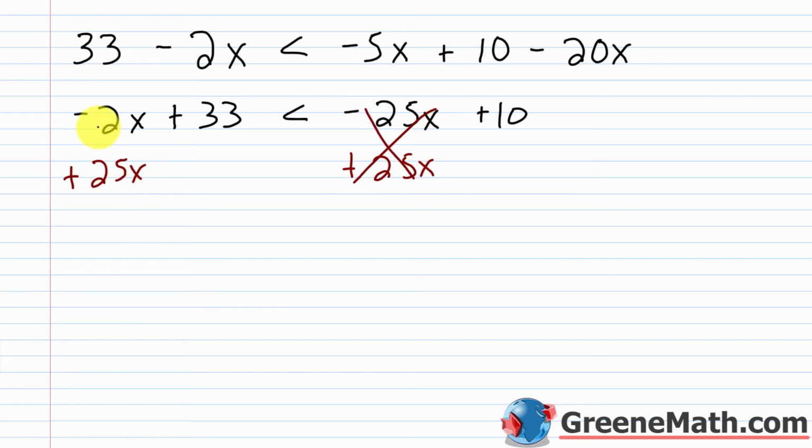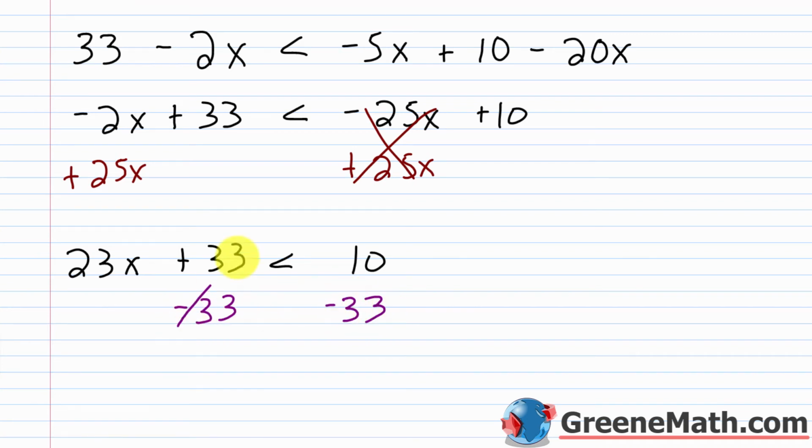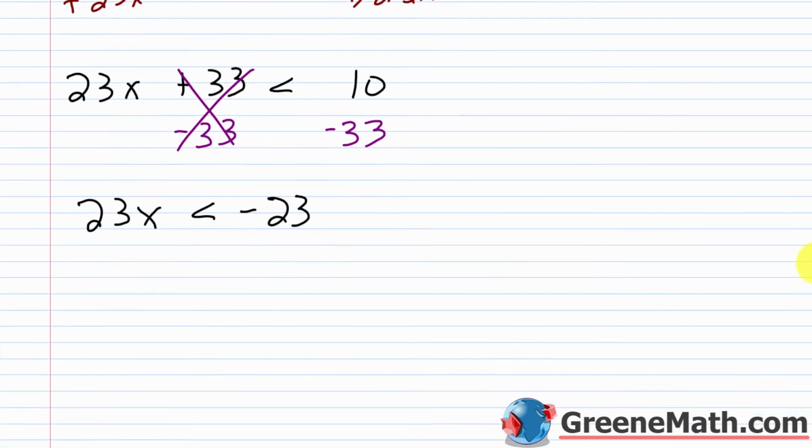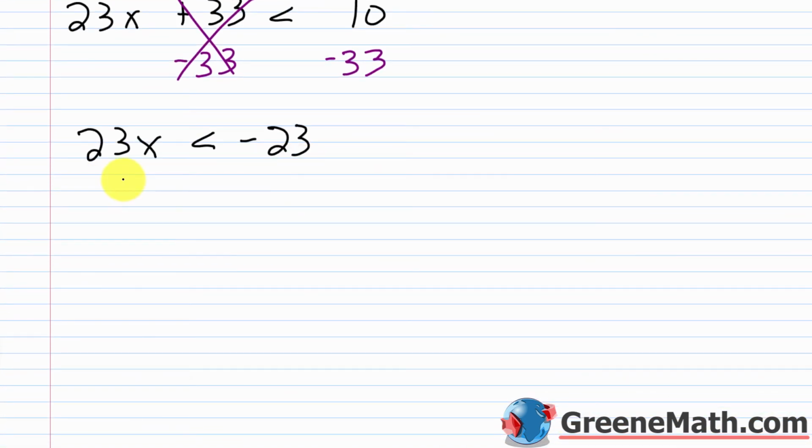That's gone. And negative 2x plus 25x would be 23x. So then plus 33 is less than 10. I'm going to move this over here. I'm going to simply subtract 33 from both sides of the inequality. So this is gone. And I'm going to end up with 23x is less than 10 minus 33 is negative 23. So as a final step, I'm going to divide both sides of the inequality by 23, which is the coefficient of x. So divide this by 23 and this by 23, and I'm going to get x is less than